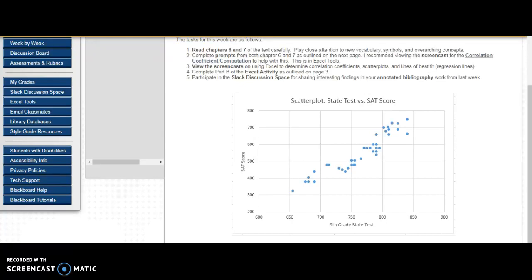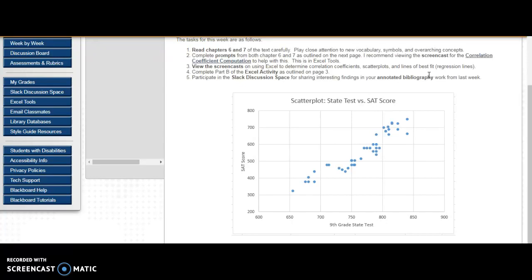For this week, we're taking a step aside from working with measures of central tendency and measures of variation like mean, median, and standard deviation. And we're going to take a look at an area of statistics that is probably intuitively one of the areas that most of us are very comfortable with on the surface, but we're going to take a deep look at